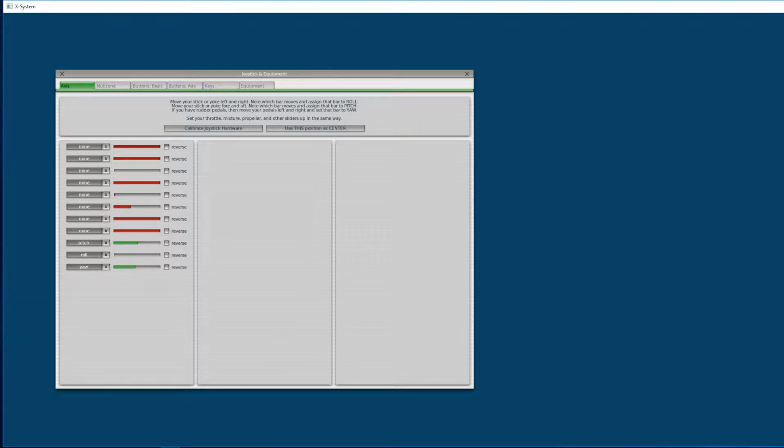So there we go, we've got the three axes. We'll do the other ones just for the sake of it, and this one is throttle, and this one as prop,